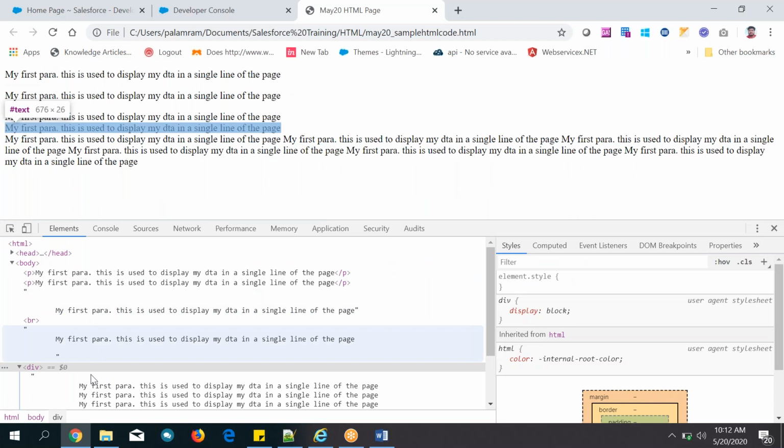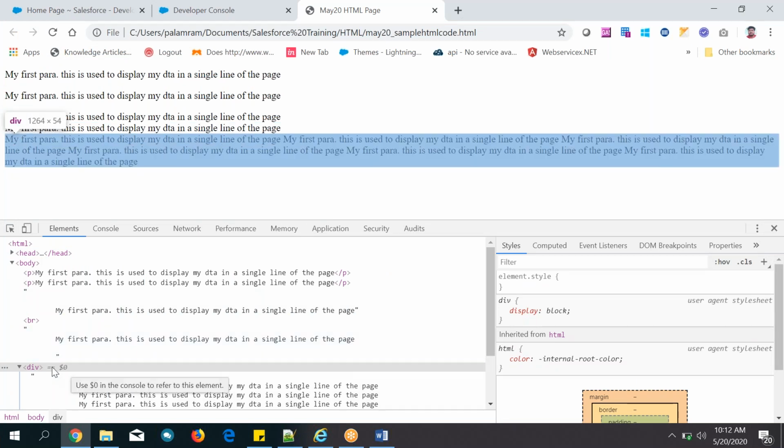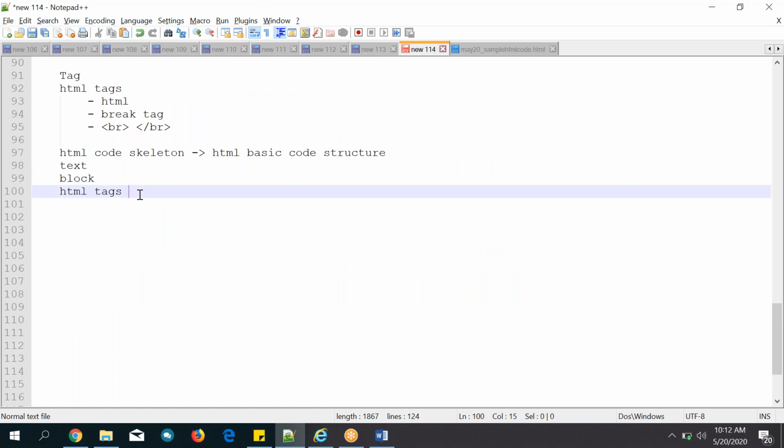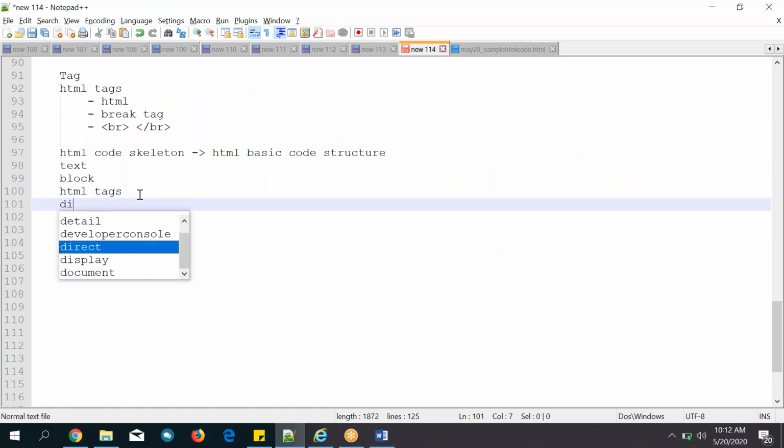Okay, you can see here the div tag. What is there? It is occupying like that, keep on going. Can you see? So div is a container. It is acting as a container. Generally in words, we can call div a container or block.